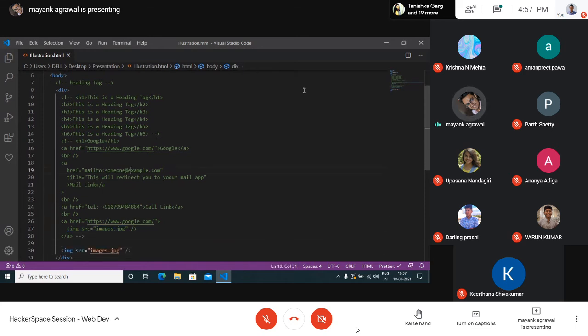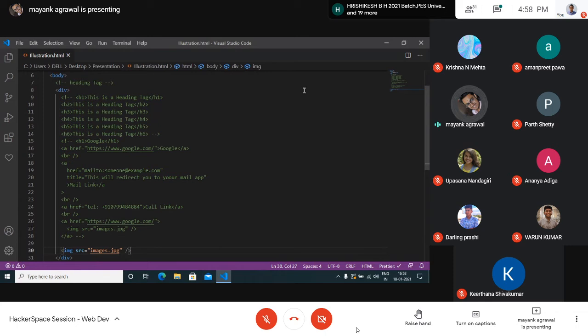This is how you add a comment in HTML. It's an angular bracket, then an exclamation mark followed by two dashes, and the comment ends with two dashes and an angular bracket. If you're using VS Code, then the command is control plus forward slash. It's just control plus forward slash and it would do. So yeah, the image tag.